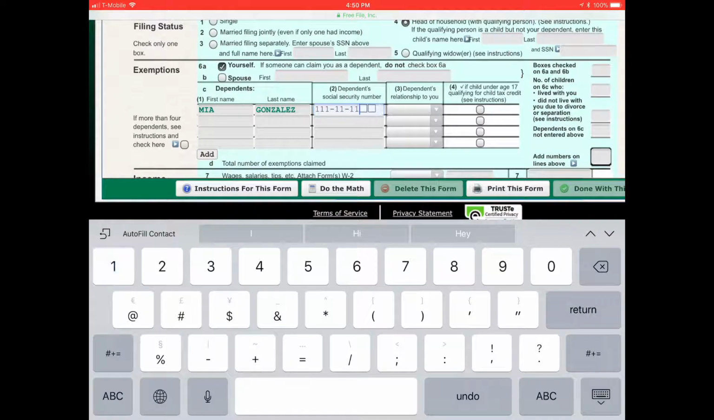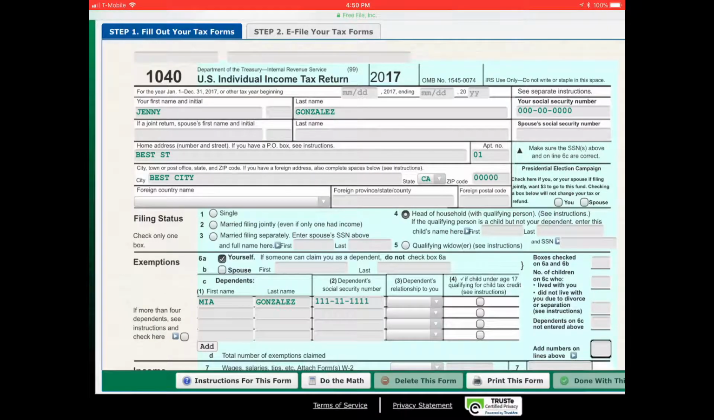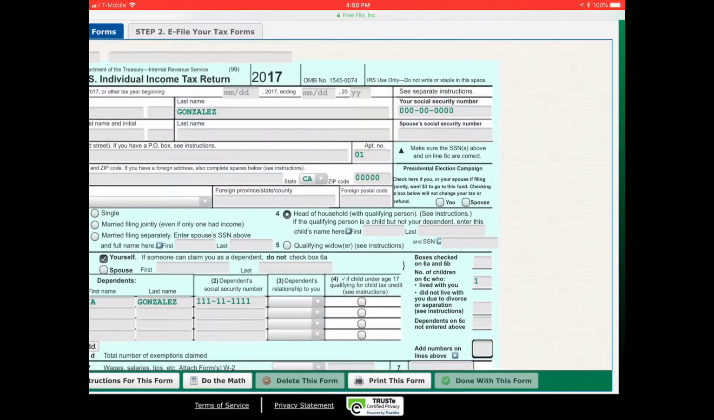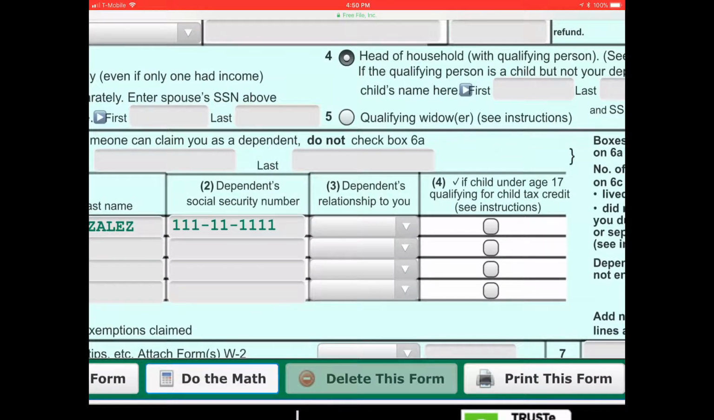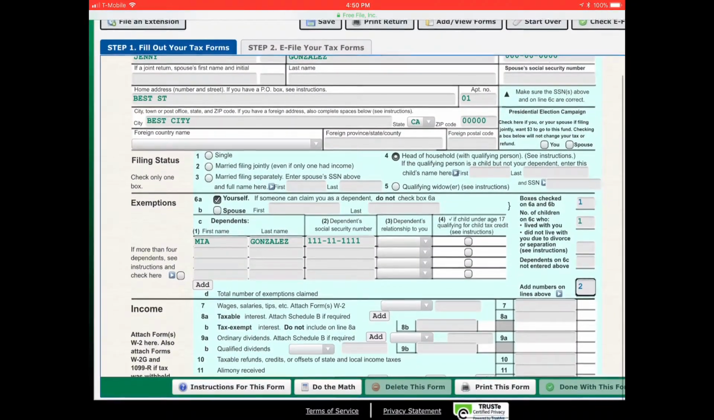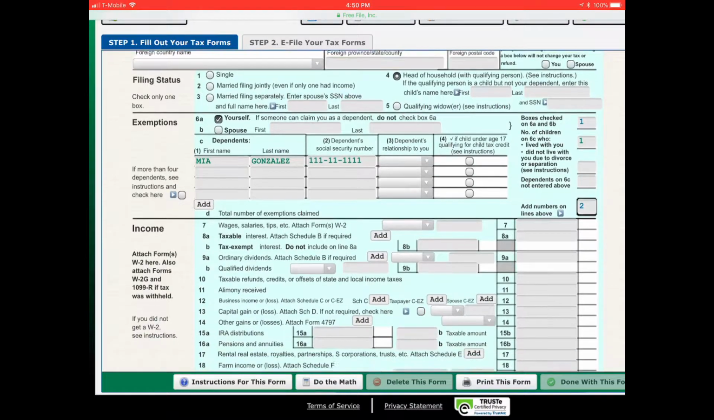So we're going to enter the information. We'll also do just one entry, and do the math. Anytime we hit the button, do the math, it does some calculation for us,